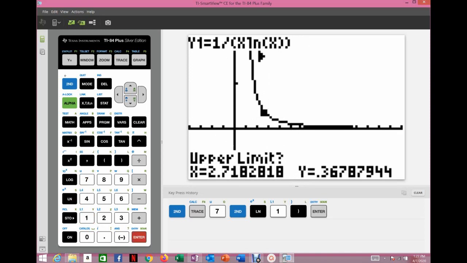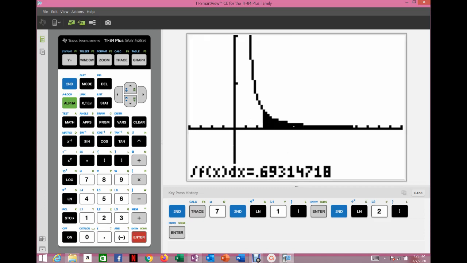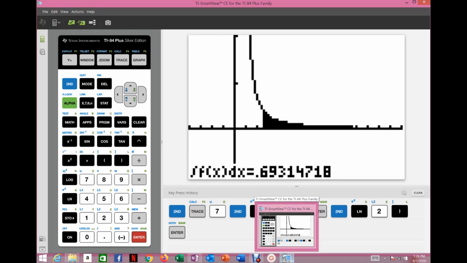Then it'll ask you for the upper limit, which was e squared. So you type in e to the second. Hit enter. And then the calculator will shade that area in. Alright, so see it shaded it in there? And gave me out the value 0.693144718. And so I'm just going to approximate that, but that would be what the function equals, the definite integral